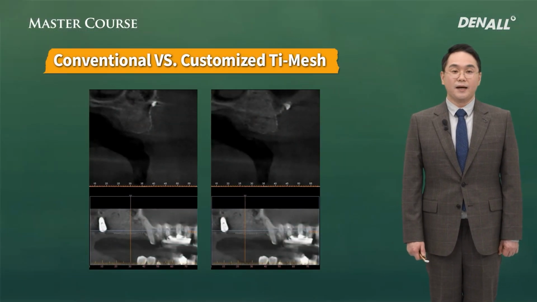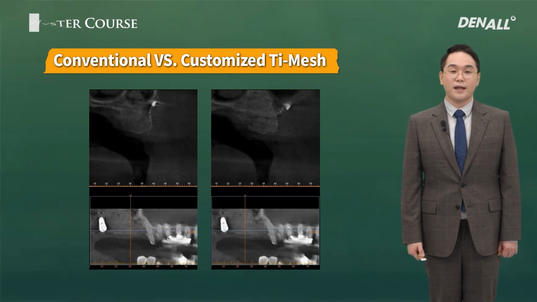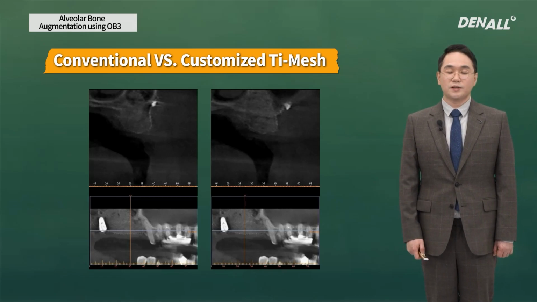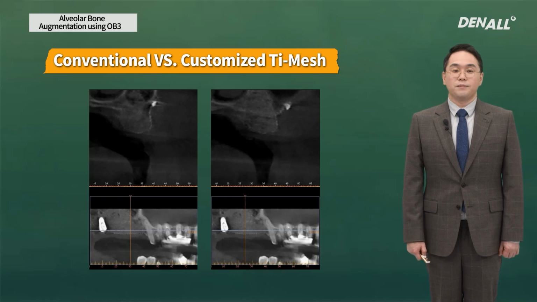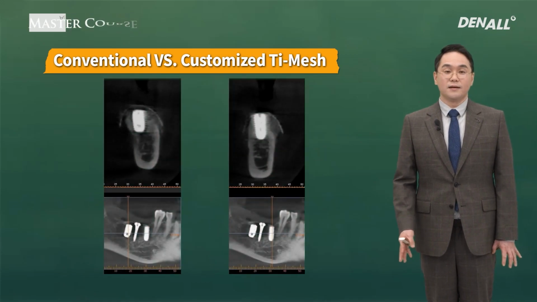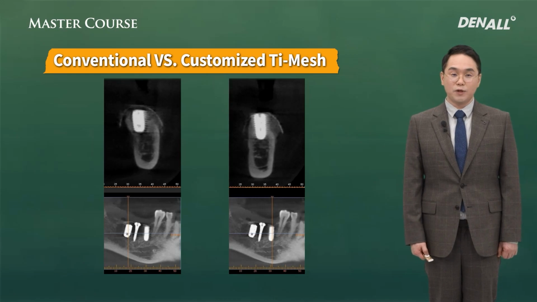CT of maxilla. Titanium mesh. The standard mesh is bent and applied. As you can see, the titanium mesh is fixed using a screw. In the mandible, the Jawbuilder has the contour of ideal alveolar bone form buccally and lingually, and bone graft material